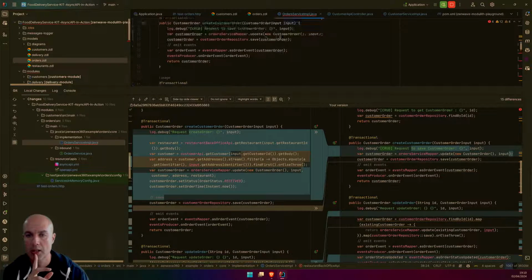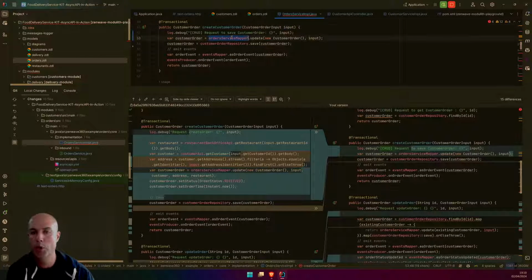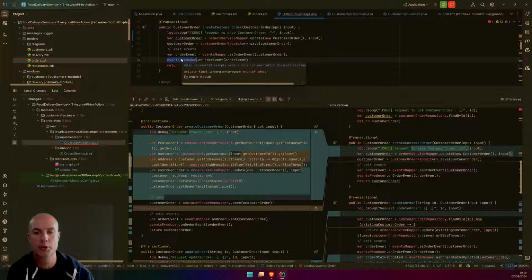And now I'm going to copy the commands one by one to show you that the difference between the baseline and the finish line is not that far away. So for create customer order, we have something that we can expect. We have one input, we use one mapper, a repository, and we produce some events using an event producer.